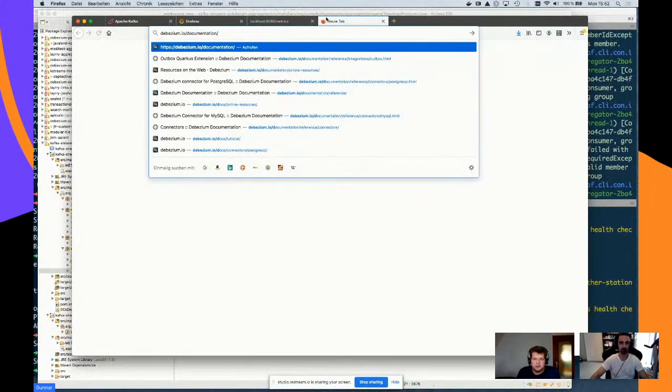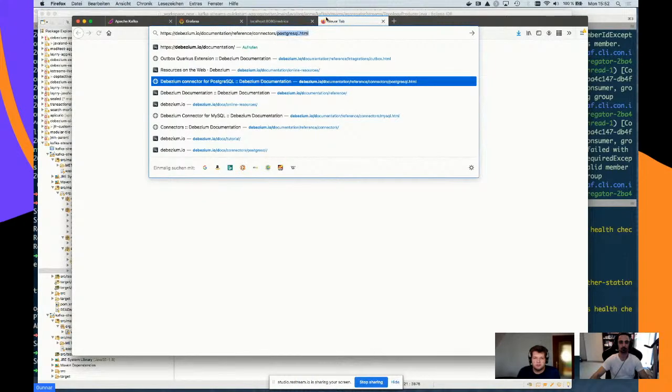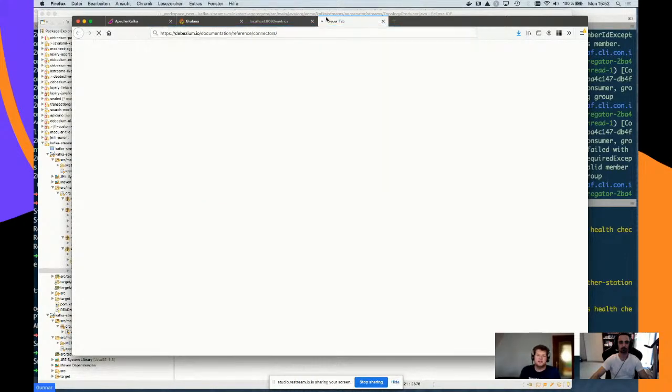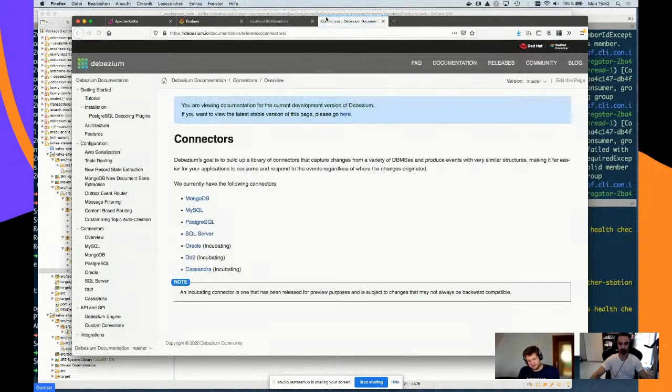So what we have in Debezium is what's called a single message transformation. So let me see if I can find that. Debezium documentation, let's go there. Those single message transformations, SMT, take any Kafka Connect record and can modify it, either before the data is even sent into Kafka in the first place, or when a sink connector consumes the data. And what we have for MongoDB, it's a bit of a mouthful, is the MongoDB new document state extraction SMT.